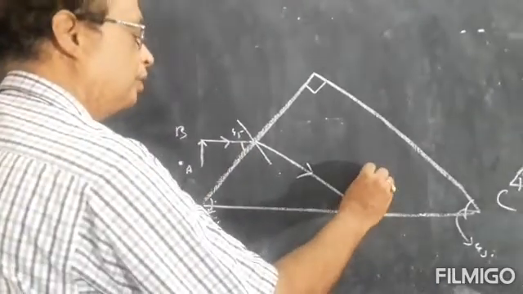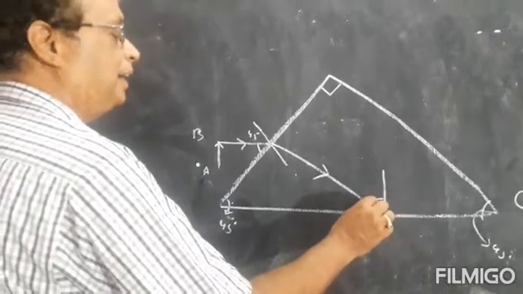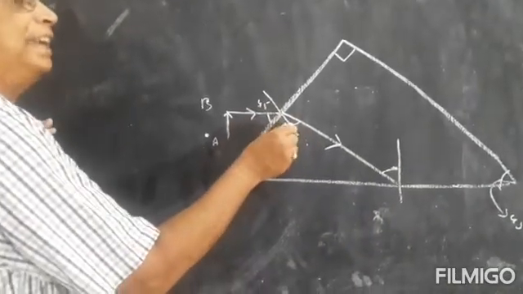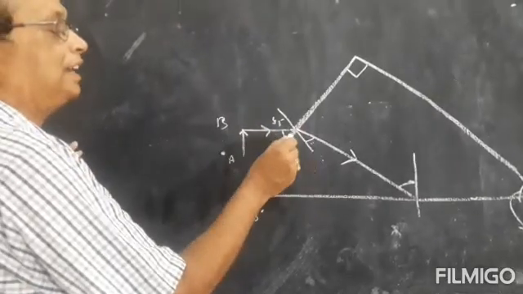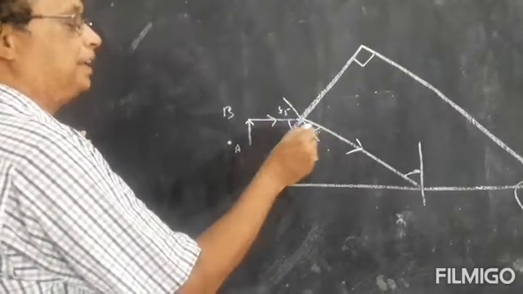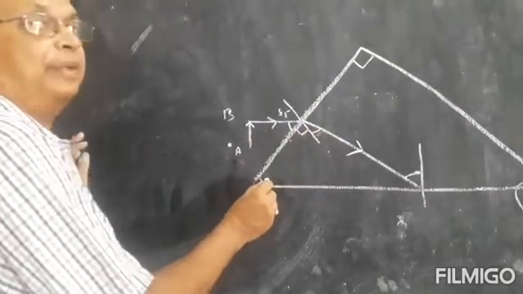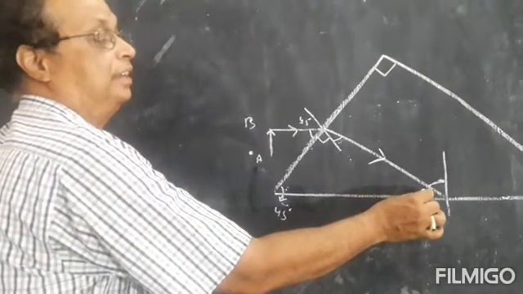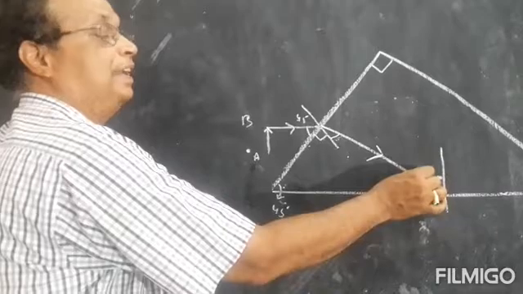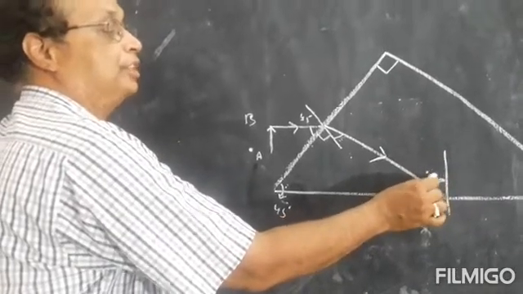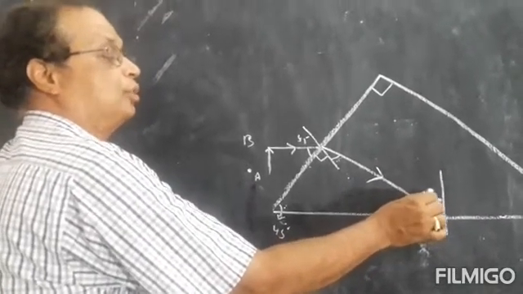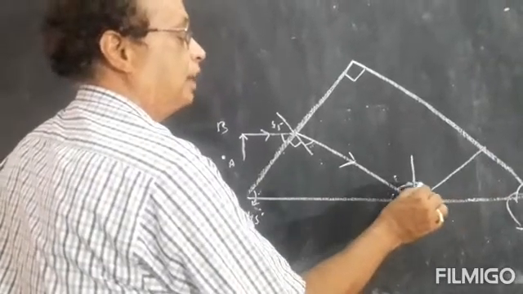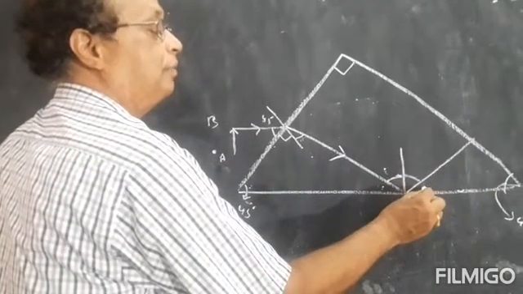Again, if you draw normal here, now this angle will be greater than critical angle here. 45 means this will be around 30 degree. So 30 plus this is 90, 120. 120, this is 45. How much? 165. So this angle will be around 15 degree. So if this is around 15 degree, this will be around 75 degree. So this is greater than 42 degree. So total internal reflection will take place here. So this will be around 75. This will be around 15 degree.